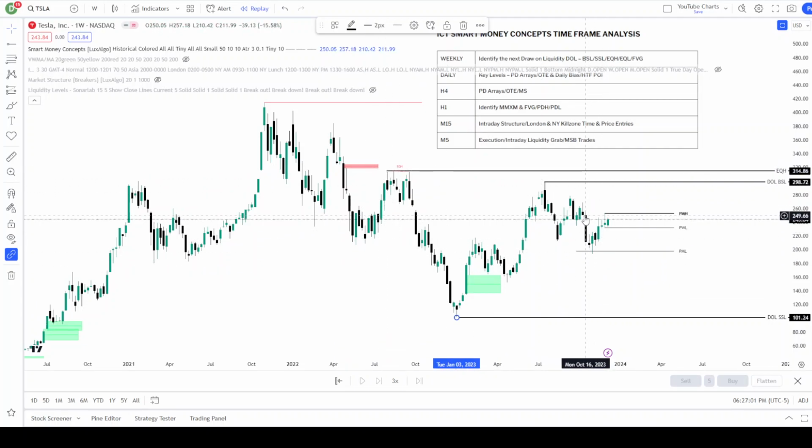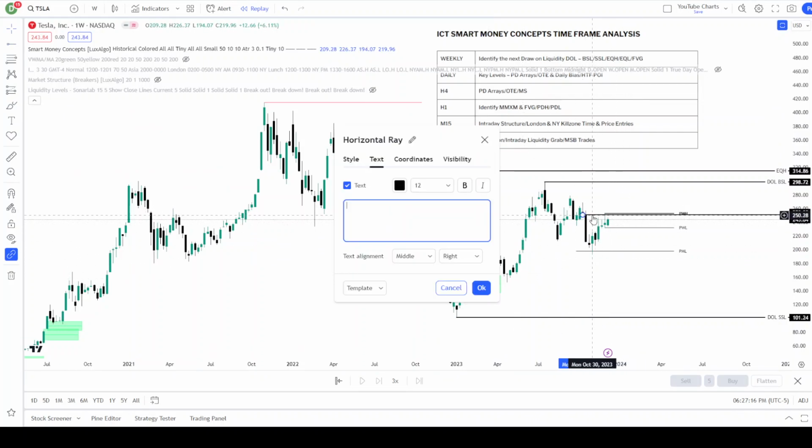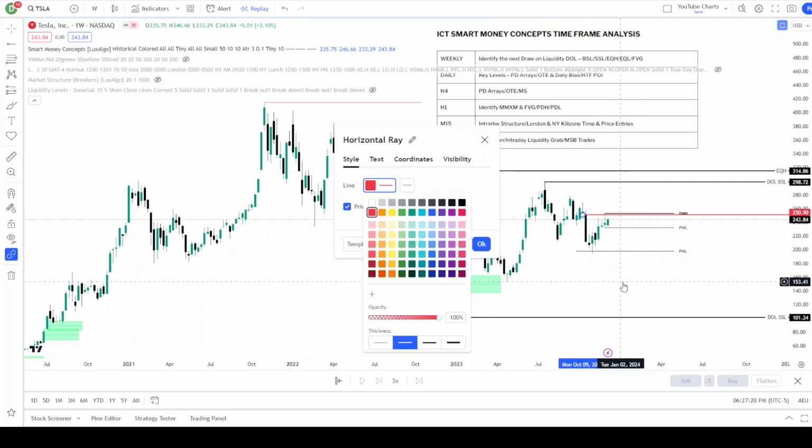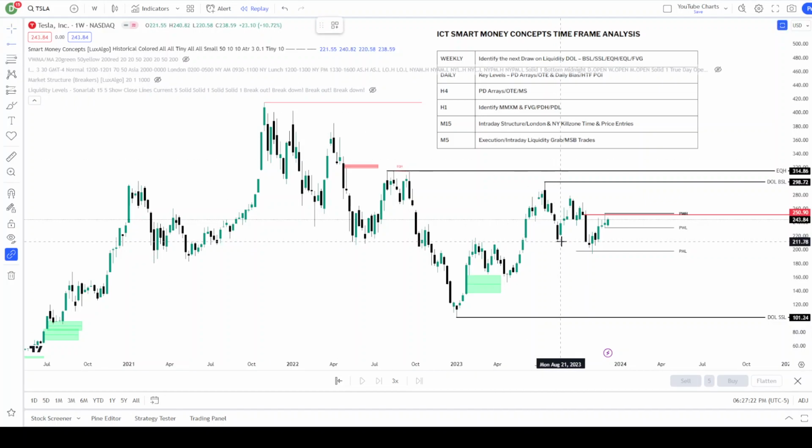Something that I do want to note, which it doesn't show here because we've traded back into it now with candles closing inside of it, but that doesn't mean it's closed. So we do have a bearish fair value gap right there. And I'm going to mark it off with levels instead of an indicator, but we have not closed it yet. It does appear to be closed, but that doesn't meet the criteria for your typical closed fair value gap. So I want to note that we've been drawing into this bearish fair value gap here,